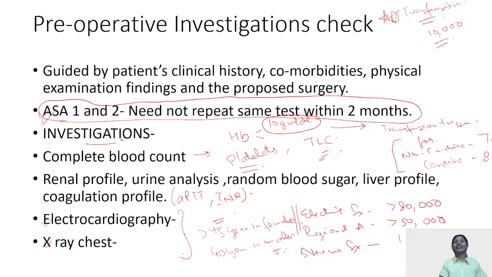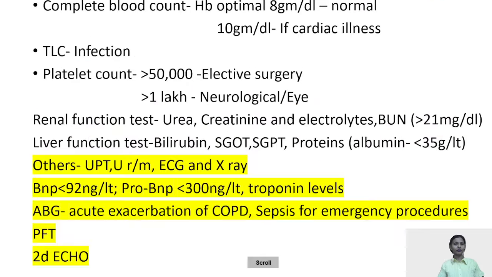It need not be done in each and every case. There are certain other investigations which could be ordered, for example, UPT. I have already told you in the previous class that if you're dealing with amenorrhea in reproductive age group women, kindly get a UPT done. And this is one, recently it was asked in one of the papers, the brain natriuretic peptide,